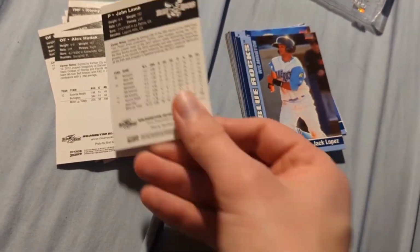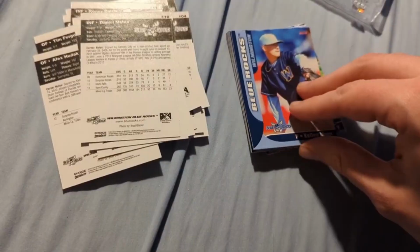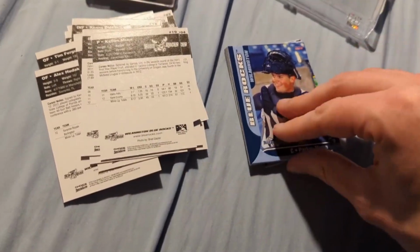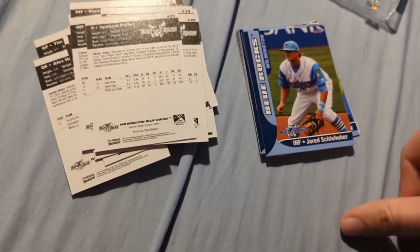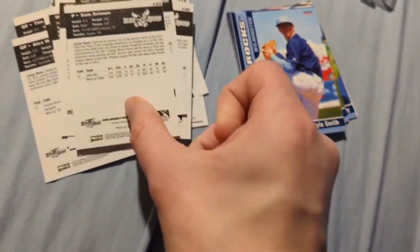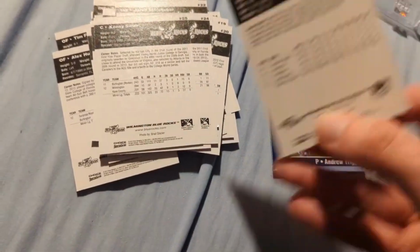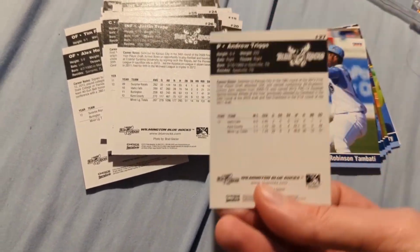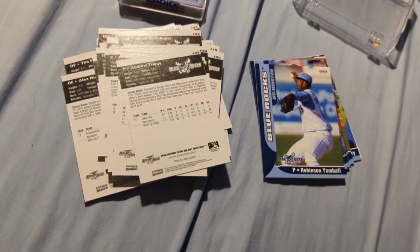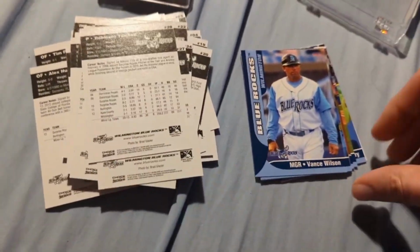John Lamb, Jack Lopez, Daniel Mateo, Kellen Moen, Parker Morin, Spencer Patton, Jared Schulhuber, don't think that was right, Sam Selman, Kyle Smith, Kenny Swab, Justin Trapp, believe he was with the Patriots when they were in the Atlantic League, Andrew Triggs, and I think Daniel Mateo as well might have been with them from earlier, Robinson Yambati, manager Vance Wilson,